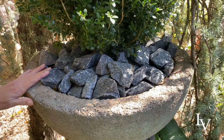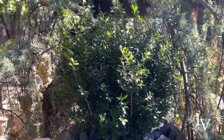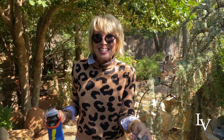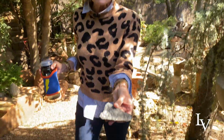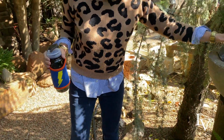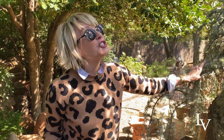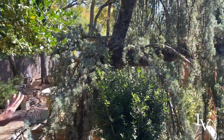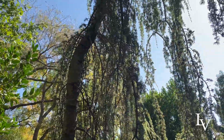So think outside the rocks in terms of what you might want to mulch your plants with to get a different effect. This could be, again, a really contemporary modern look. I love the angularity and the sleekness of these stones. A whole different vibe. This is a giant aging weeping blue Atlas cedar that cascades up and arches over, and